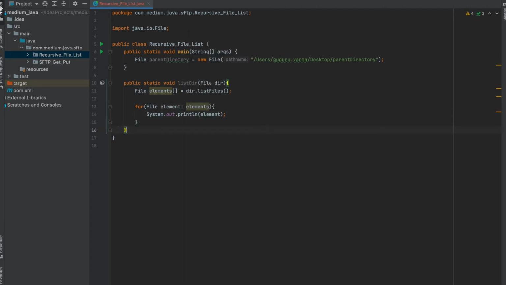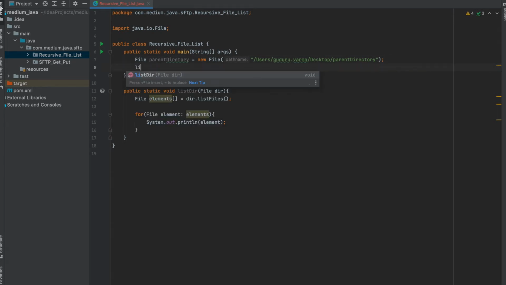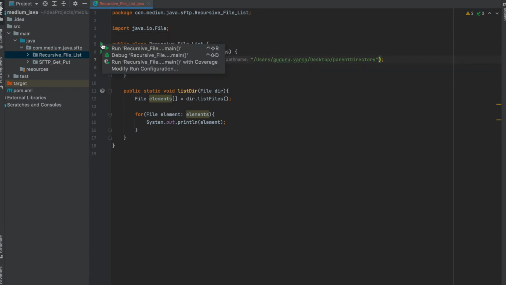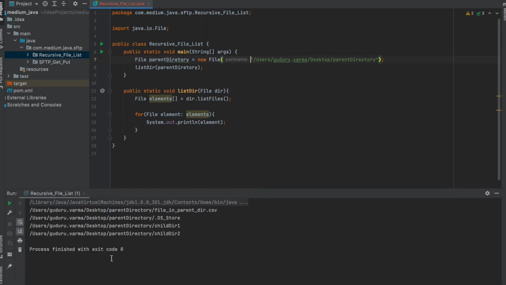So done. And in our main method, we will call this listDirectory. Let us pass the parent directory. So I would like to run it now, and let us see what we will see as output.